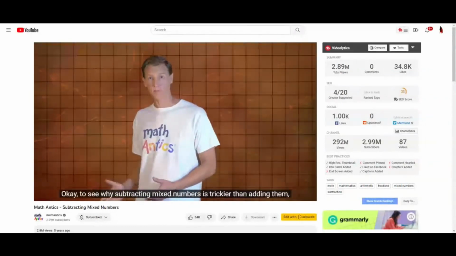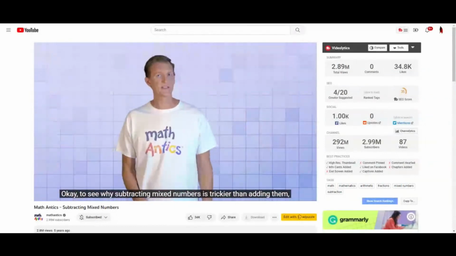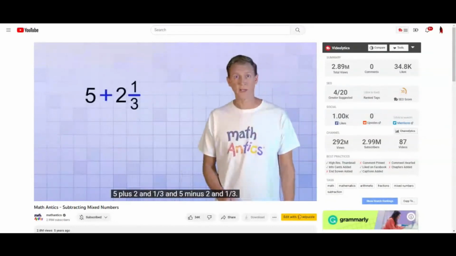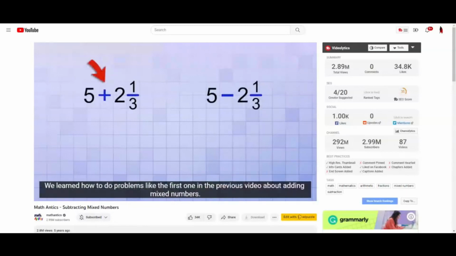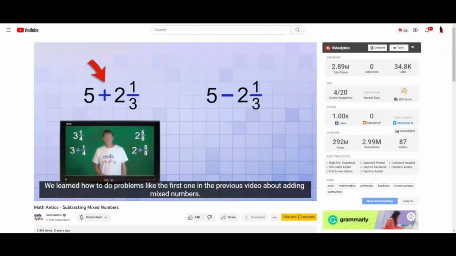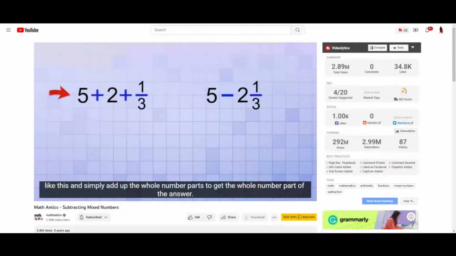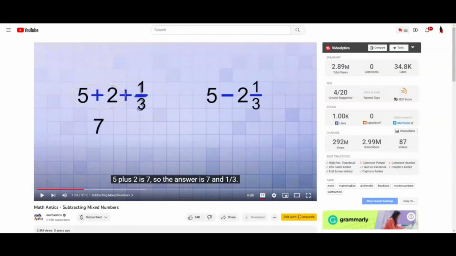Okay, to see why subtracting mixed numbers is trickier than adding them, let's have a look at two problems side by side. 5 plus 2 1/3 and 5 minus 2 1/3. We learned how to do problems like the first one in the previous video about adding mixed numbers. Since 2 1/3 just means 2 plus 1/3, we learned that we could rewrite the problem like this and simply add up the whole number parts to get the whole number part of the answer. 5 plus 2 is 7, so the answer